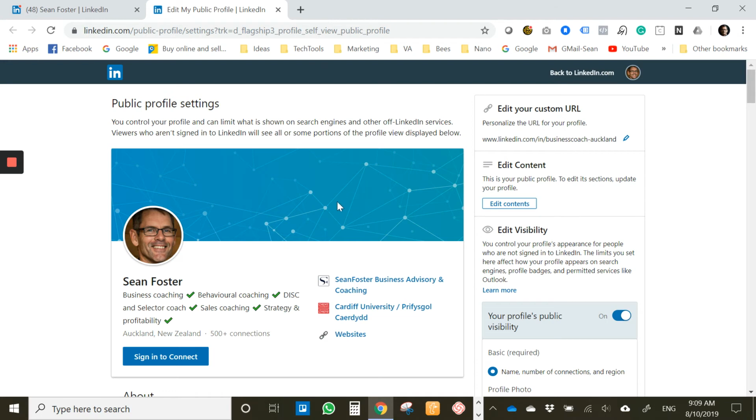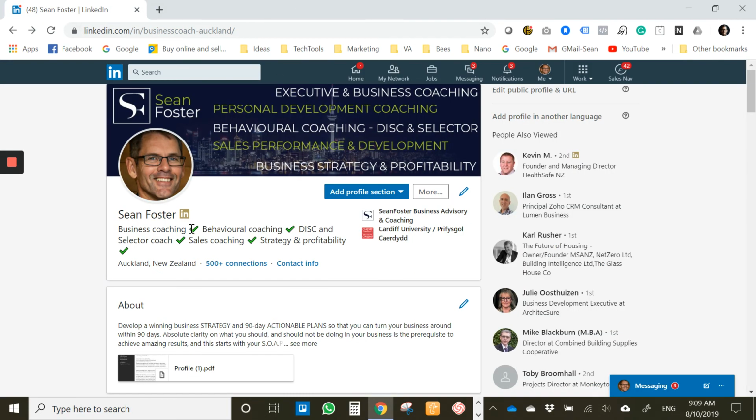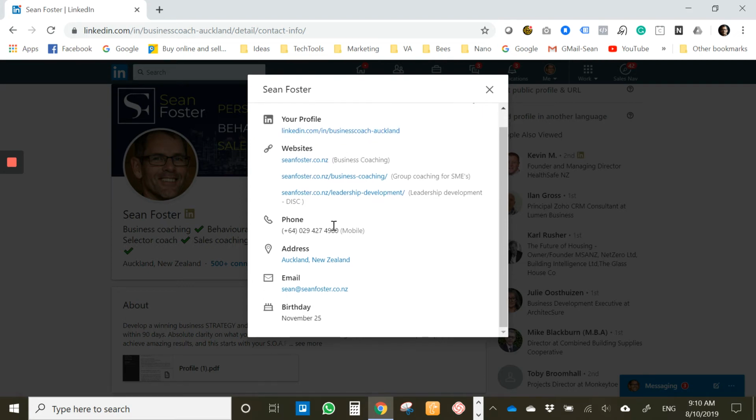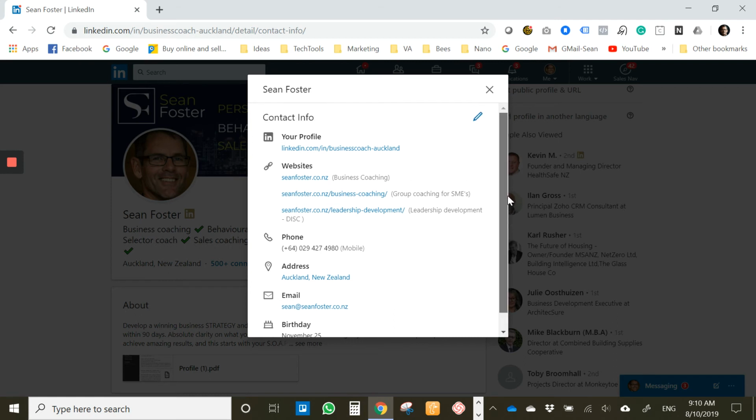The next part is your contact details. So if I go back there to my original things, and I look over there, I'll see my contact information. I've got my profile there. You can see it's optimized with correct naming. Then I've got a bunch of websites over here, and I've got my phone number, my address, my email, and my birthday. So you can choose which of these you want to have in there. But again, what I need to remind everybody is this is a business platform. And if you're worrying about getting spam,